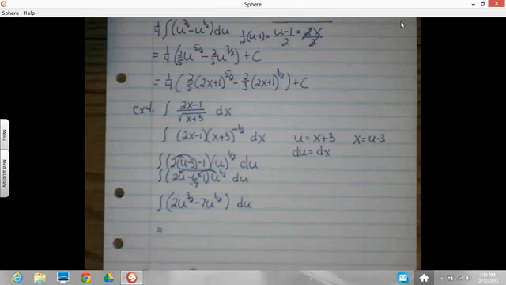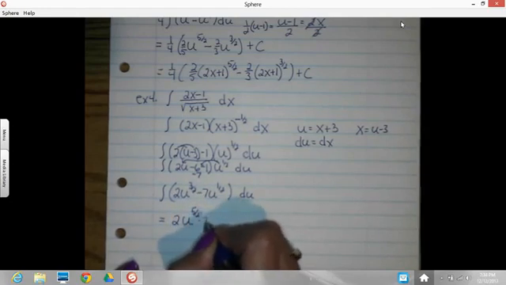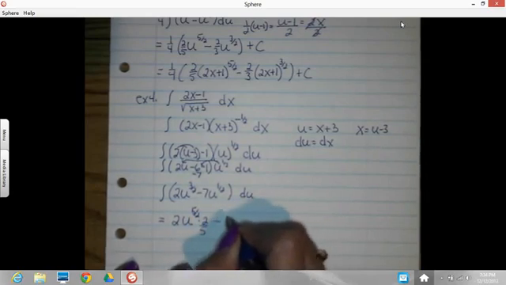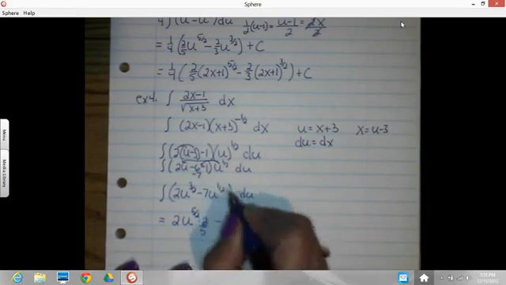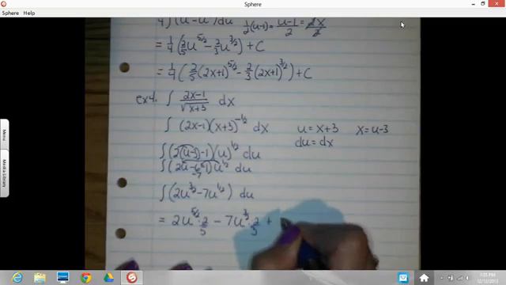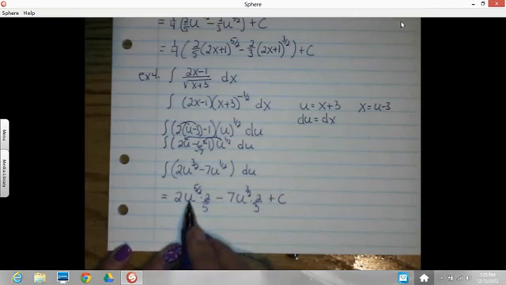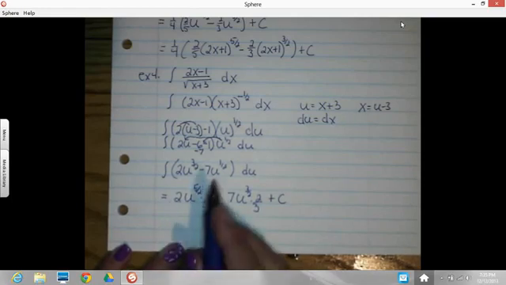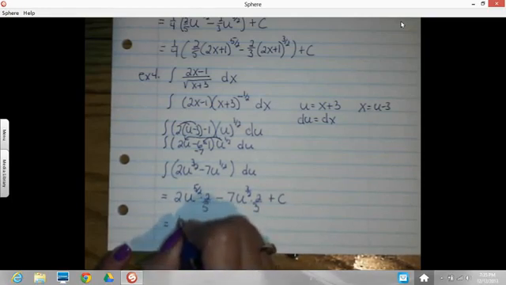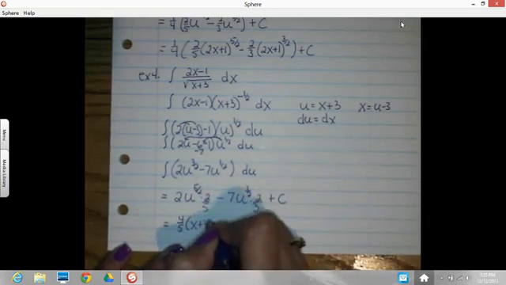Power rule. 2 is a multiplier. Add 1 to that, and I'll have 5/2 times 2/5, minus 7 times u to the 3/2 times 2/3, plus c. And then I just have to back substitute for the u. What is u equal to in terms of x? Well, u is x plus 3. And I'll multiply my constants together at the same time. So I'll have a 4/5 times x plus 3 to the 5/2 minus